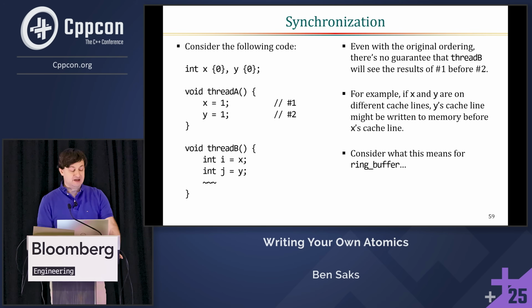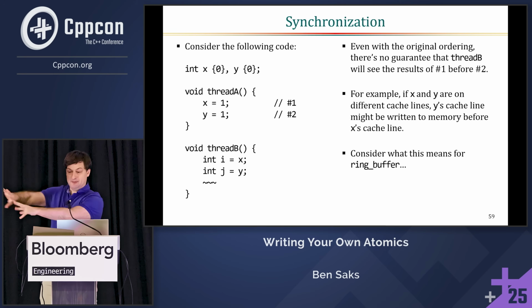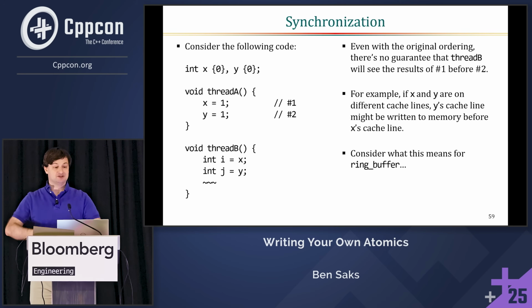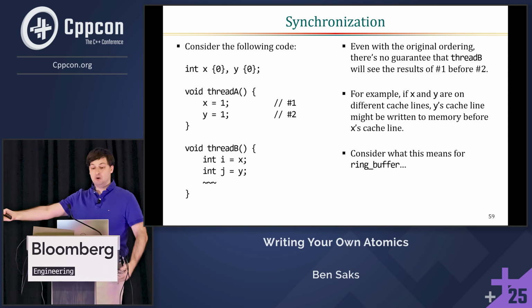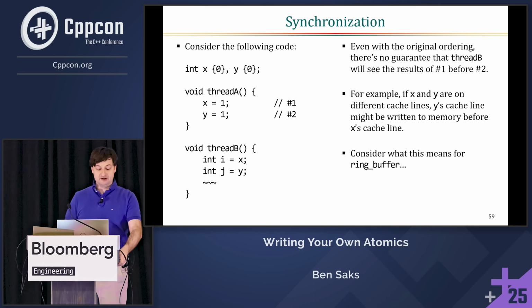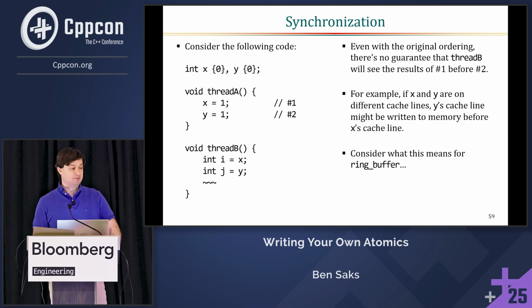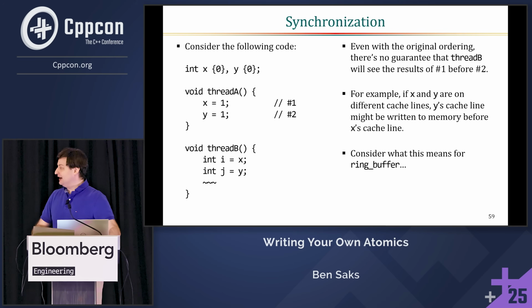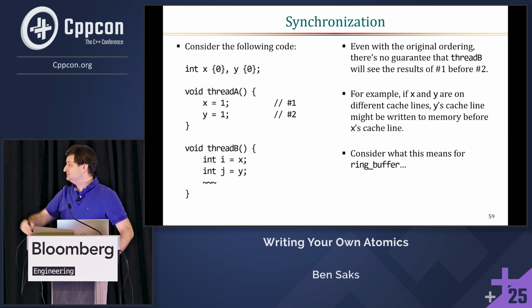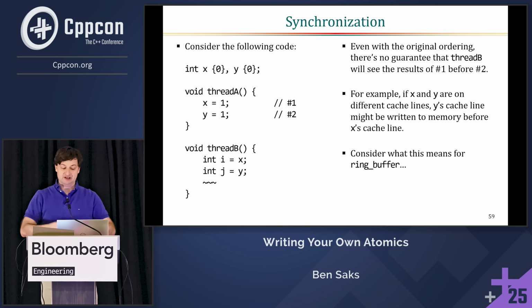And if whatever cache line Y is on is actually written out to memory before the cache line that X is on, then the write to Y might show up in B before the results of the write to X. So we can't rely on the idea that, just looking at this code, it goes in the order that